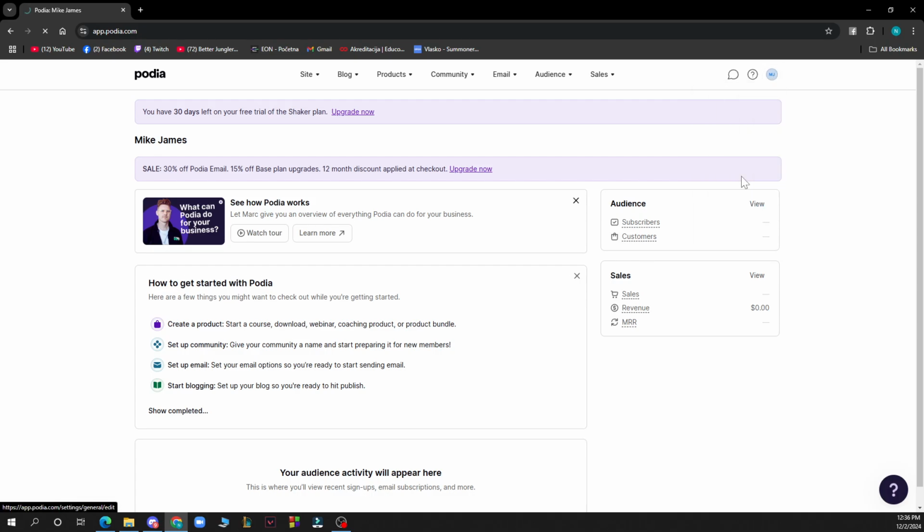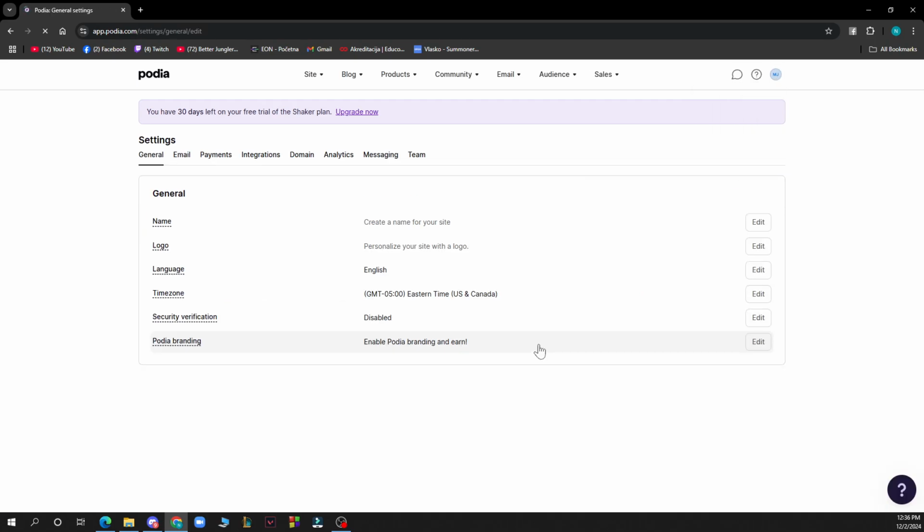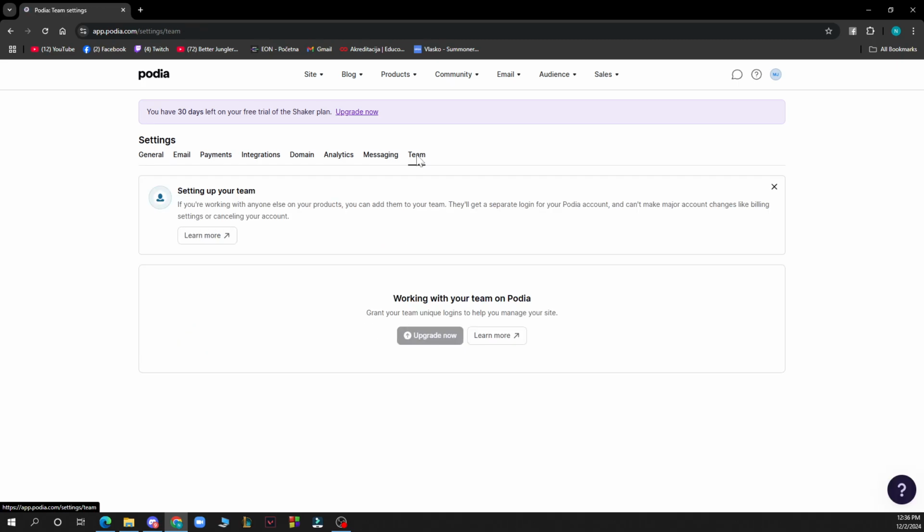and click on settings. Now here in the settings, in the end, as you can see, you have a lot of tabs here. Go to the team. Then here you can set up your team, firstly, which you of course need to do. So setting up your team, if you're working with anyone else on your product, you can add them to your team. They'll get a separate login from your Podia account and can't make major changes without billing settings or canceling